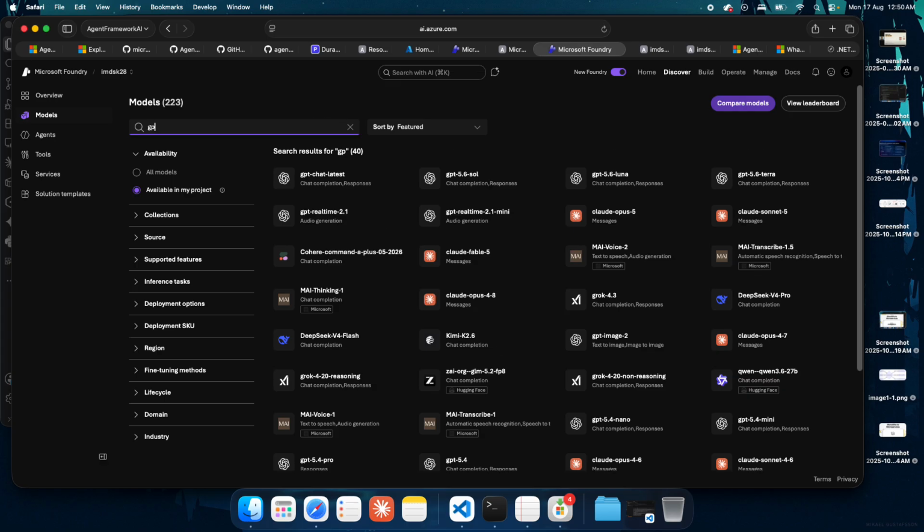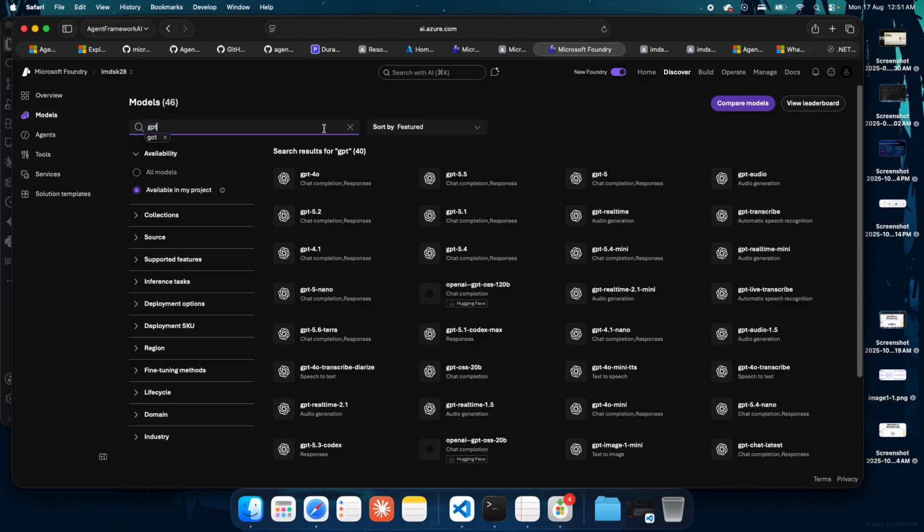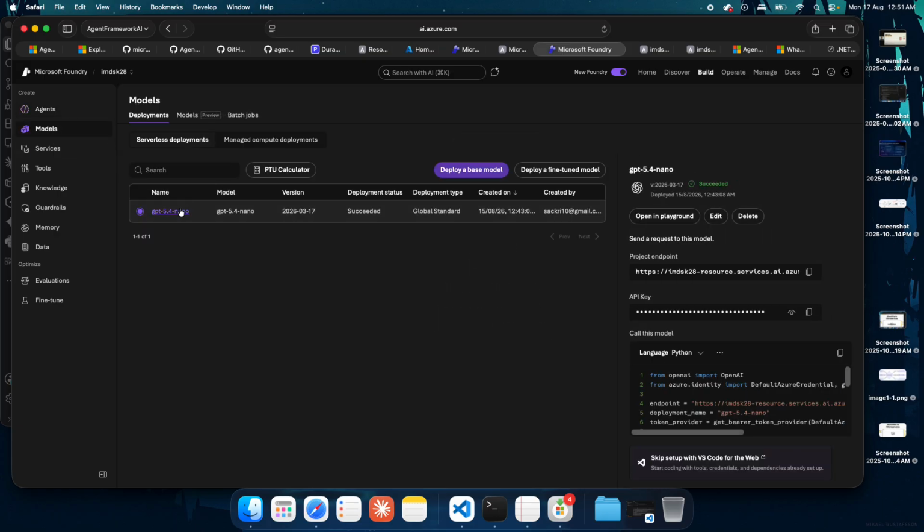I think nano or mini is enough. You can select any like 5 nano or 5.4 nano. I have already created a nano model, and this is called the deployment name. We have the deployment name here.